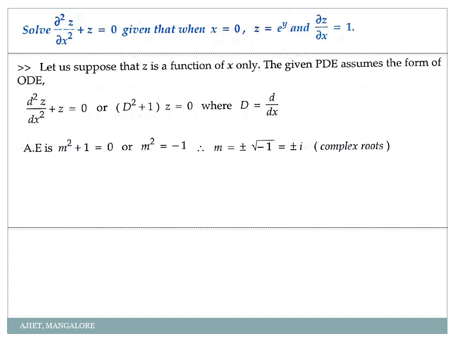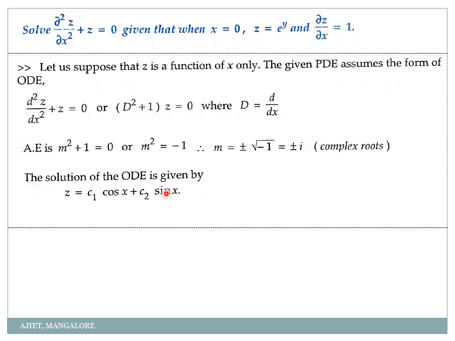That is a complex root. Then what will be my yc? See here, we are not writing yc, but my variable is z. So the solution is z is equal to c1 cos x plus c2 sin x. I will not write zc and zp because whenever it is equated to 0, the particular integral term will always be 0, correct? So I will directly write z is equal to, since it's plus or minus i, c1 cos 1x plus c2 sin 1x, or c1 cos x plus c2 sin x. Clear with the steps first? This is same as the previous module where we found yc. Similarly you have to find it here also.